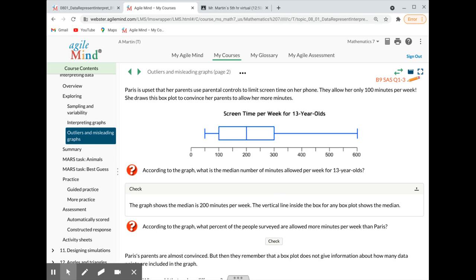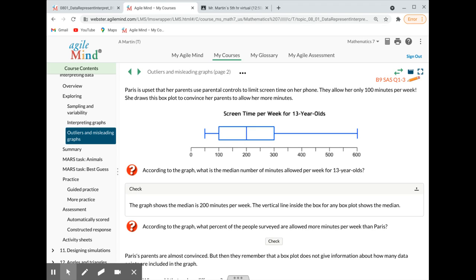The graph shows the median is 200 minutes per week, which is the vertical line inside the box for any box plot, and that is the median. All right, let's look at our next one. According to the graph, what percent of the people surveyed are allowed more minutes per week than Paris? Devin,